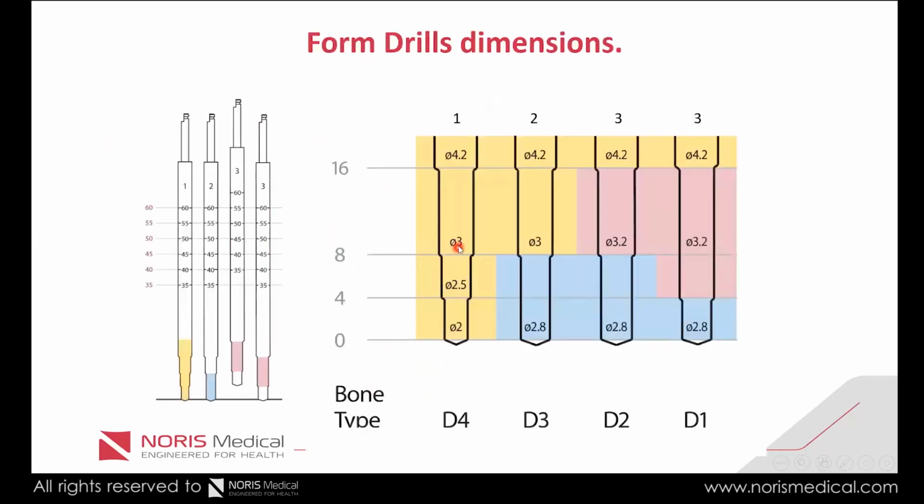So as I said, the geometry of the drills are like this. Drill number one, we start from diameter 2 up to 2.5 and 3 and then 4.2. All our tools are basically, all the chunks of the tools are 4.2 because the implant is 4.2. So in one drilling process, we can have this geometry, which is, as I said, good for 90%